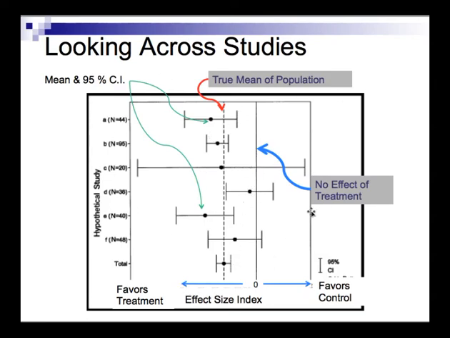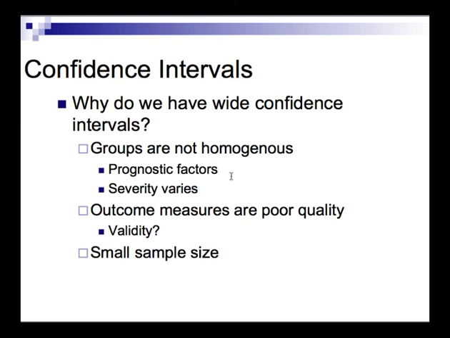Okay, and so this is the conceptualization of what we're going to do next, right? What we can do is use confidence intervals to make this judgment about how precise or accurate our samples are in determining these treatment effects. It might help us to understand a little about what goes into narrowing a confidence interval. Confidence intervals are numbers, and they just get calculated when we do the study, but what determines their width has to do with what subjects get into the study in the first place. So if the groups are not homogeneous, or if they are heterogeneous, that is going to create larger